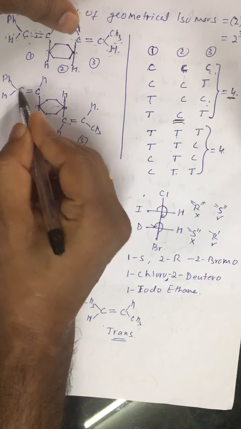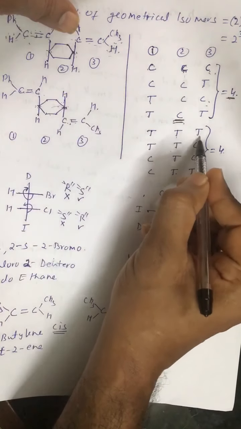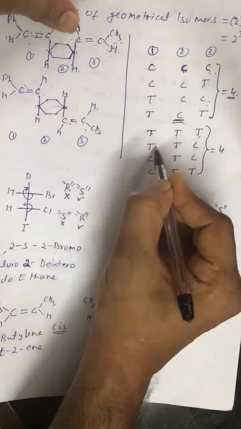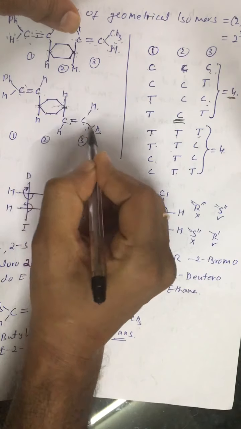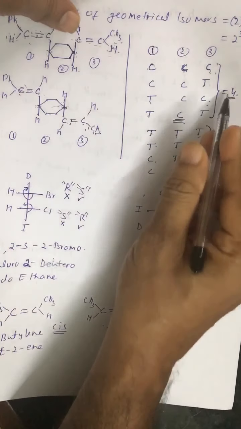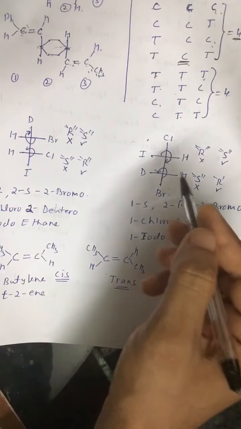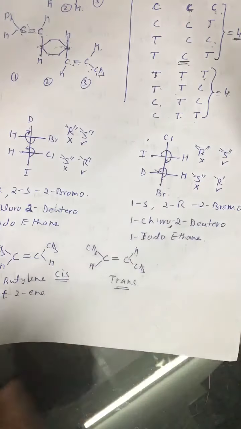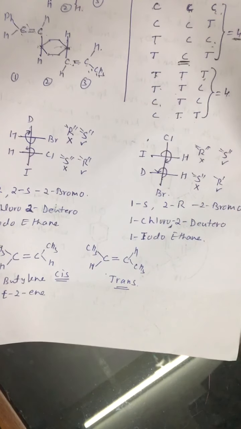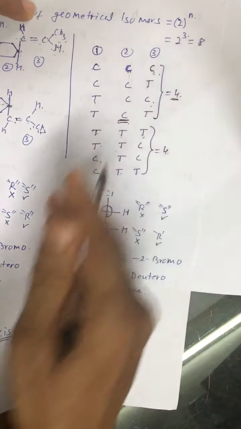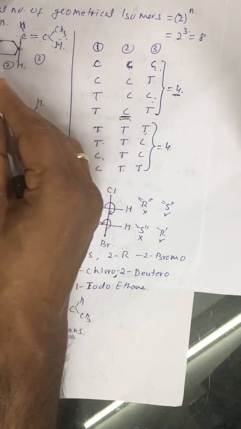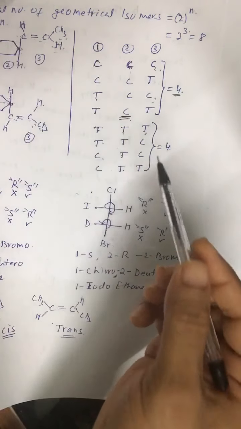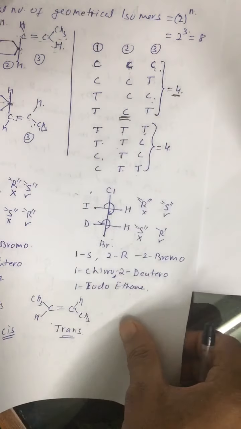So now the first possibility is this is trans and this is also trans. All right, these two are trans. Then this is trans, this is cis. Then this is cis, this is also cis, and this cis and this trans. So 4 plus 4, the total number of geometrical isomers you get is 8. Or you can solve in a shortcut manner, like 2 raised to power n, 2 raised to power 3 equals 8, meaning here also geometrical isomerism is possible. So we consider 3 stereo centers. 2 raised to power 3 equals 8.